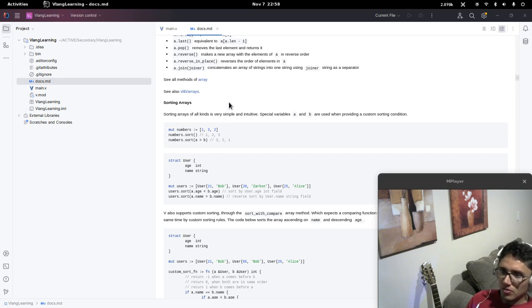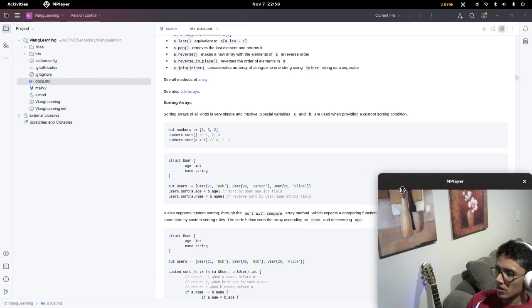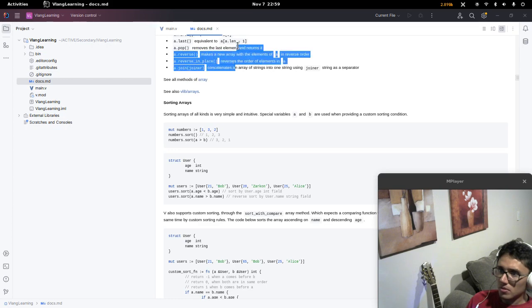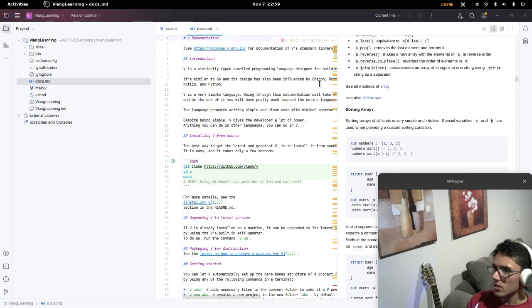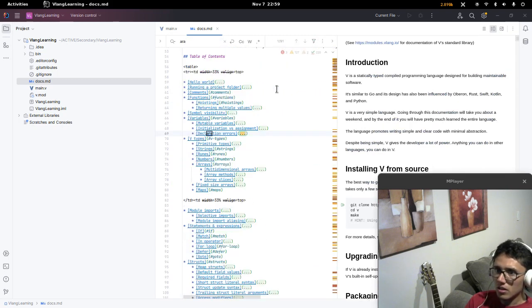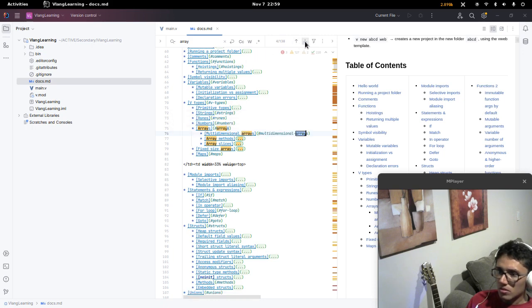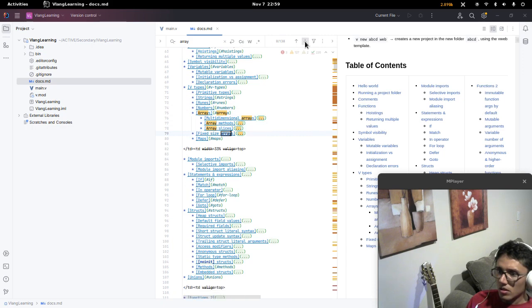Let's see if we can find something like an array or something similar here. I'm trying to do Ctrl F, but I apparently cannot do that here. Can I do that here? I guess I can. Arrays. Okay. I'm really new to these things, but